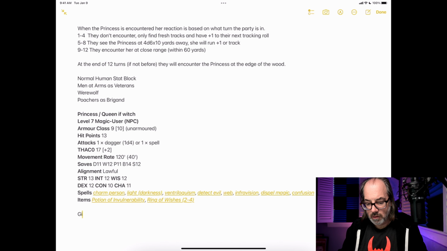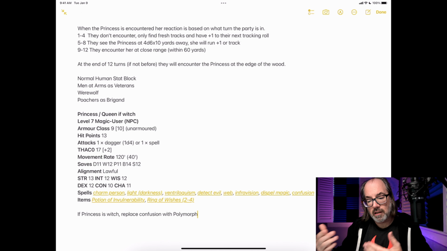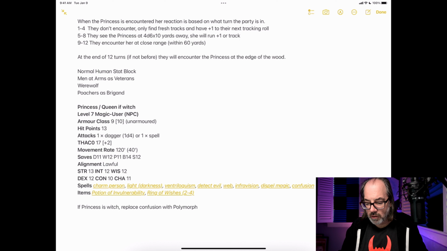I'm going to say, if princess is witch, replace confusion with polymorph. Okay, right? You got to replace confusion. So if the princess is the witch, I'll replace confusion with polymorph. In both cases,